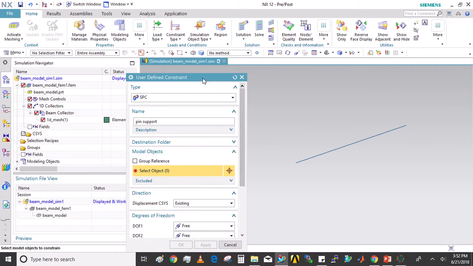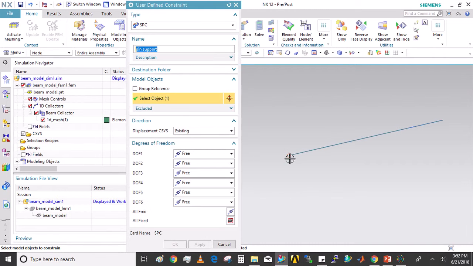The left end here is represented by a node, node number 1. In order to select that node, just beside the menu there is this type filter. So we'll select node from there, and now we'll be able to select the nodes on our model on the screen.